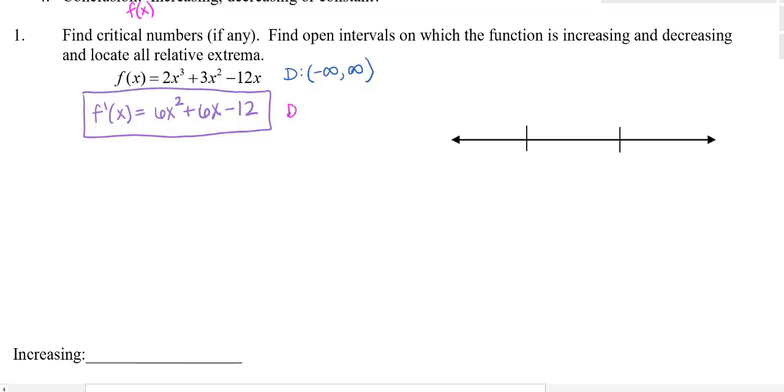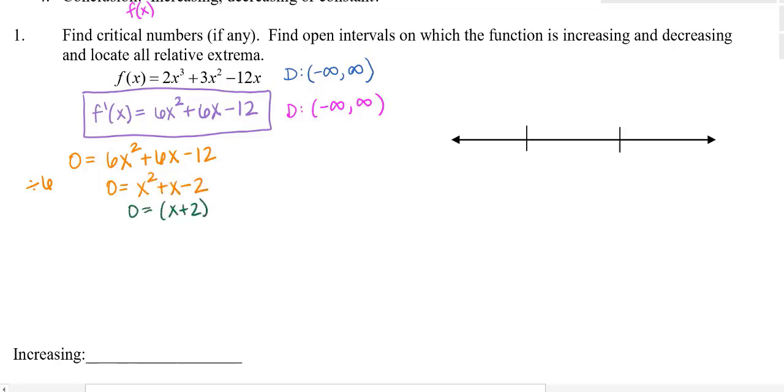This domain of the derivative is also all reals. I have no restrictions to that domain. We're just starting off with the polynomial function to kind of get our feet wet here. So I don't have any other values that I need to add to my eventual number line. I'm going to go ahead and set this equal to 0 then to find the critical values. Once you set it equal to 0, go ahead and divide everything by 6, including the 0 technically, to make it a little bit easier on yourself to solve. I will factor, and I do get two answers for x using the zero product property. I do get x equals negative 2 and x equals positive 1.